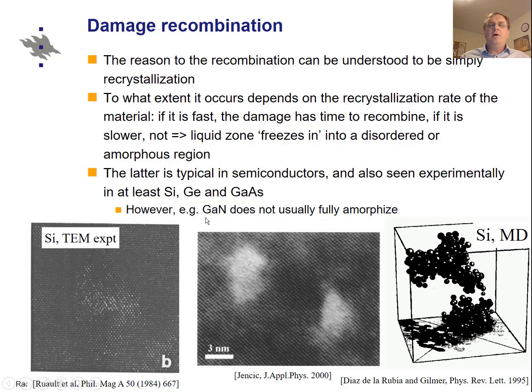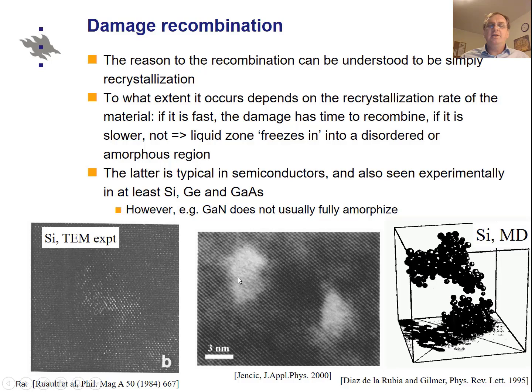In silicon, the recrystallization is much less efficient, and this is actually known also from non-radiation studies of the recrystallization of materials. If the recrystallization is very efficient, the damage has time to recombine. If it's not, this liquid zone doesn't have time to recombine, and it freezes into a disordered or amorphous region. And this latter behavior is typical in semiconductors, and it's been seen in silicon and germanium and gallium arsenide,